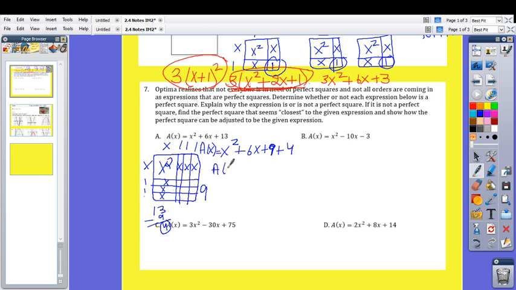Now instead of writing this down using the blocks, I can also write it down using the sides. So I will say (x plus 3) squared, and then I have this plus 4. So this is again your vertex form,